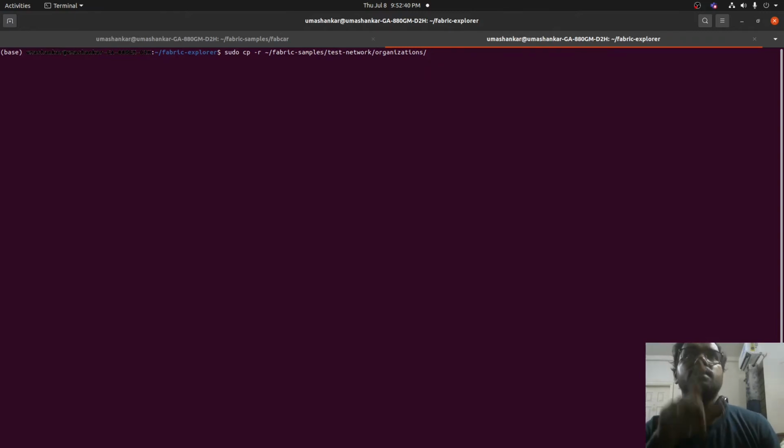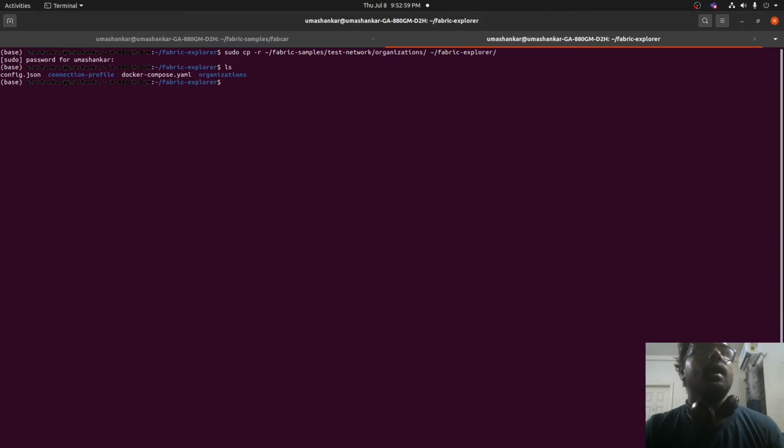I'm going to copy this folder to the current folder, which is Fabric Explorer. Password is entered. Okay, now I have the organizations folder, connection profile, config.json, everything.